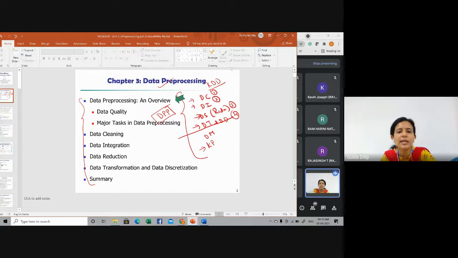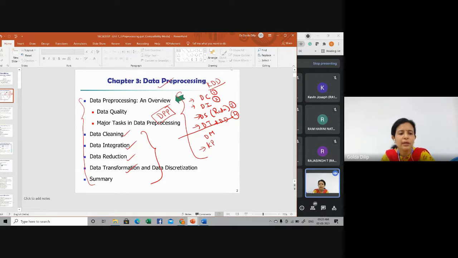That is data cleaning, data integration, data reduction, that is data selection by means of data reduction, and then we will be discussing data transformation and data discretization. These are the 4 major tasks involved in data pre-processing, and it is very important to understand these steps.